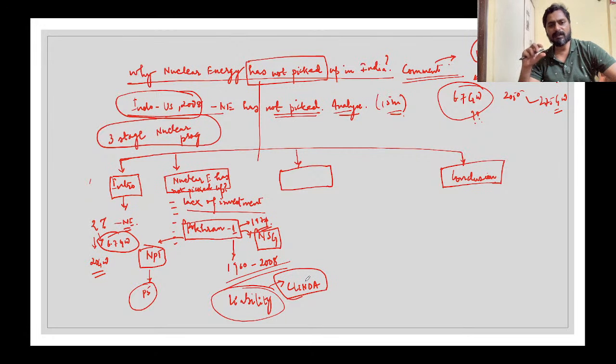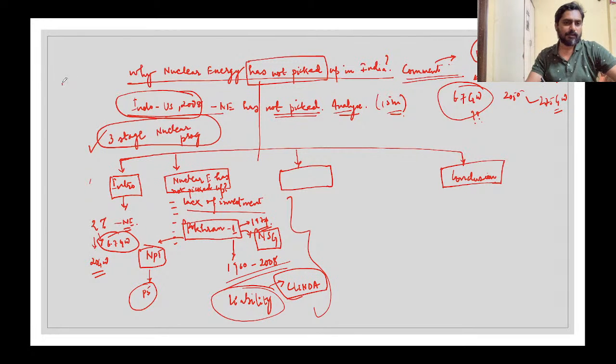Okay, so with this Indo-US agreement, NPT, NSG, Pokhran 1, Pokhran 2, what happened in between, and what we did in between, all these things are quite interrelated, and they are important events that you should know in your preparation. Now, coming to this part, let us say you have a lot of reasons here for why it has not picked up. See, why I mentioned this three-stage nuclear program, this will take me some time to explain. If you understand fission, if you understand breeder reactor, so do you understand breeder reactor?